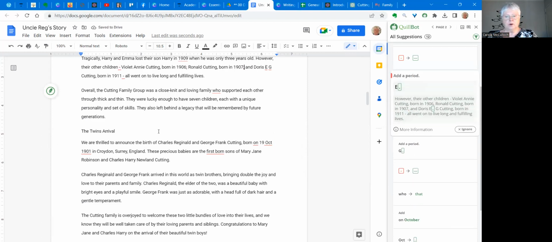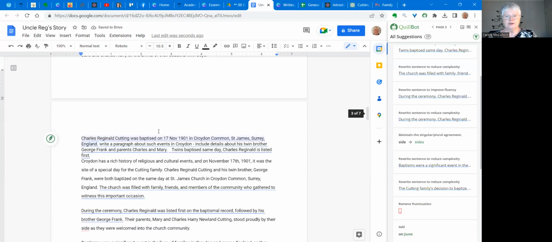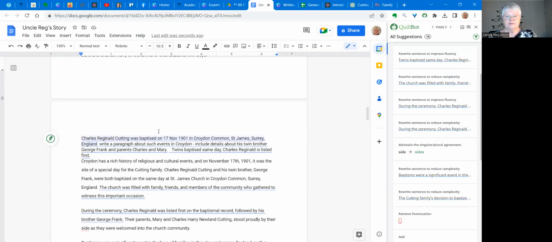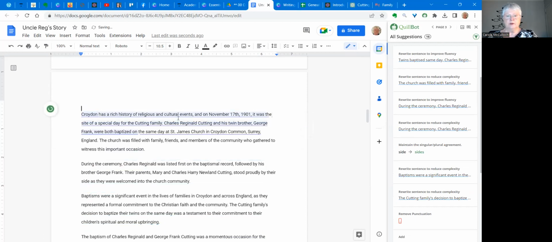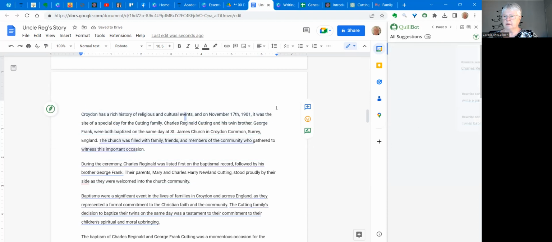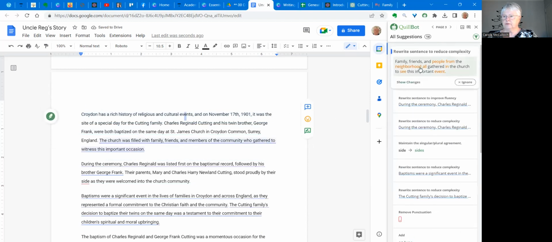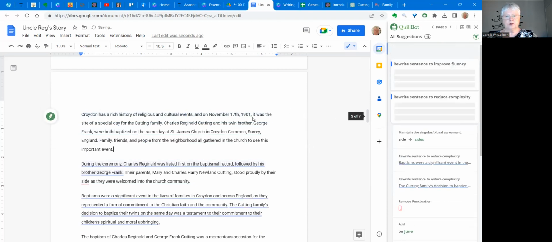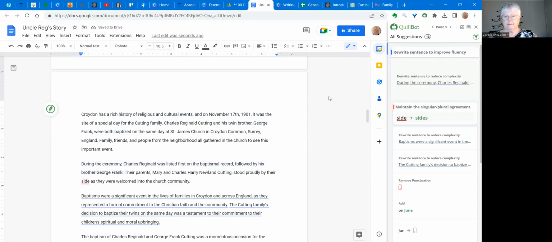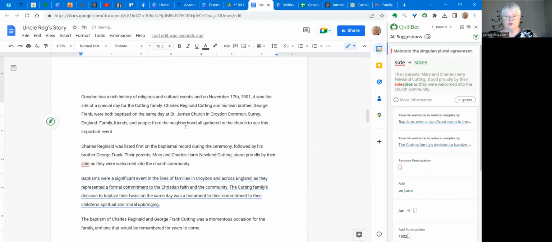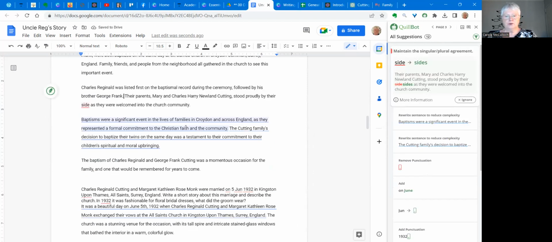So there's quite a lot of those. I won't bore you with that whole process. That was the prompt, so we can get rid of that. Again, we can try a rewrite of that sentence. Looks nicer. And so on. So there's quite a lot that we can do to this document, but we've saved time because